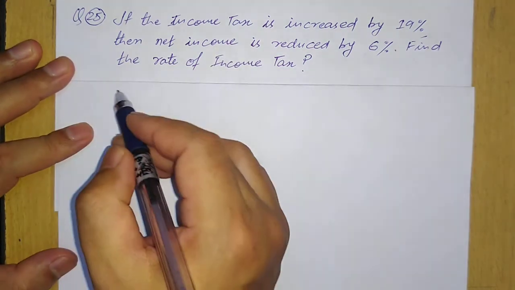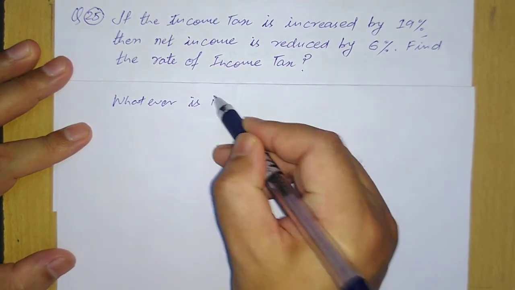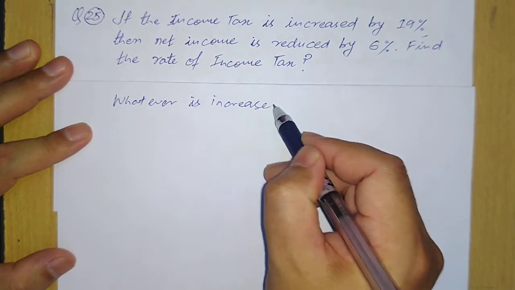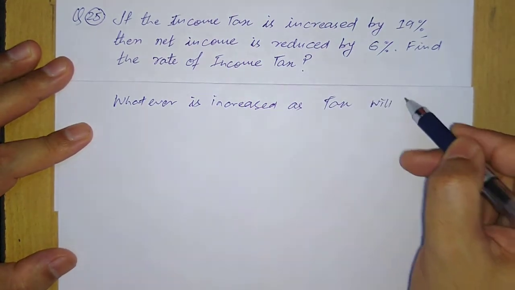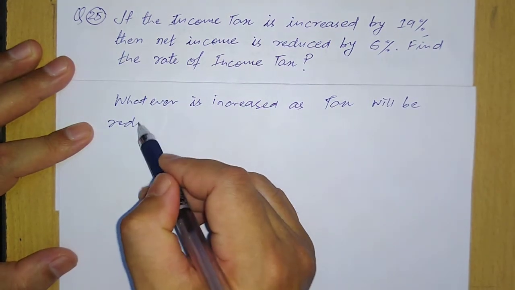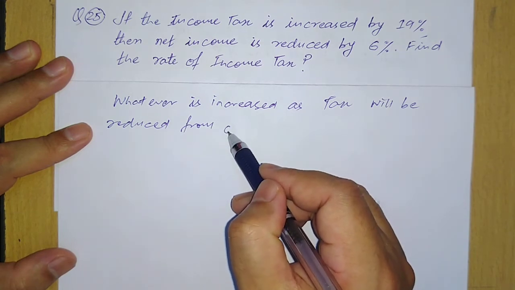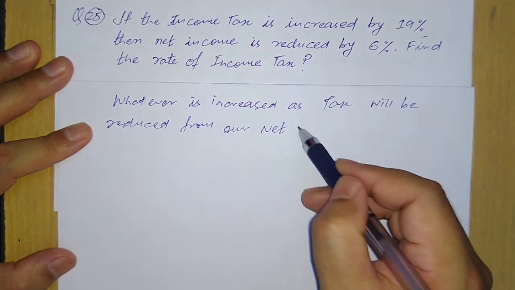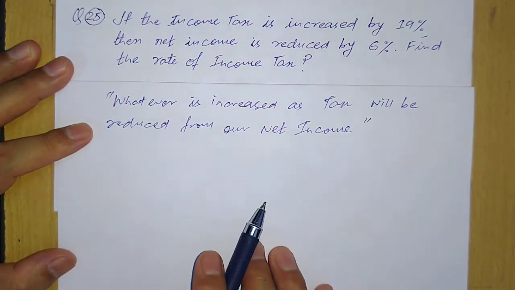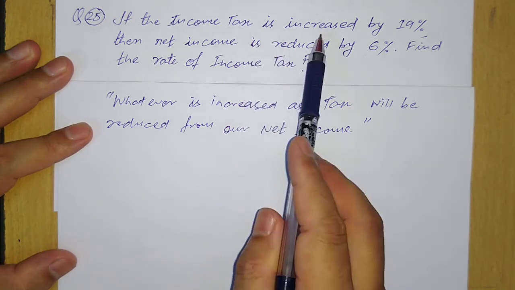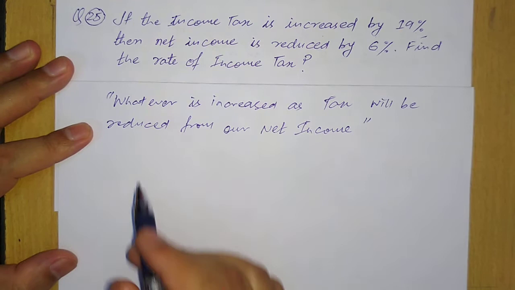So we know that whatever is increased as tax will be reduced from our net income. So in this question it's given, if the income tax is increased by 19%, then net income is reduced by 6%. So we can say